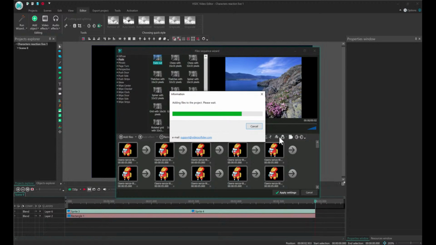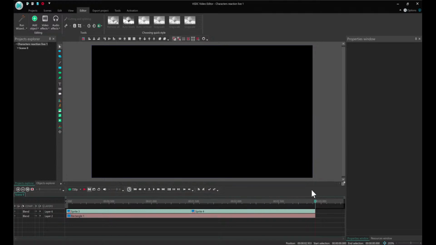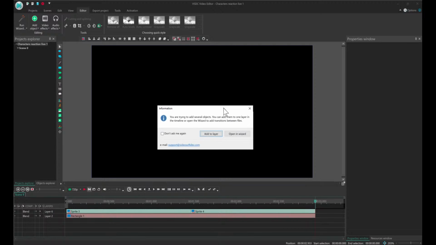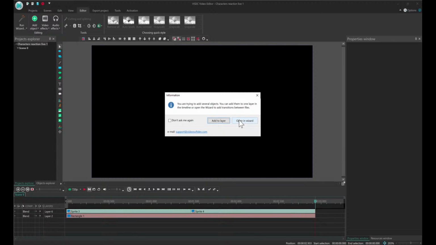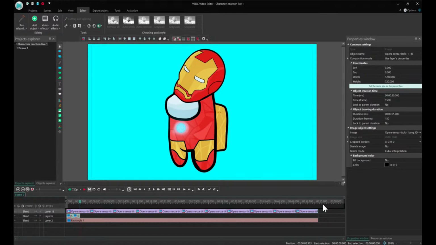Let's say you missed this dialog box and you mistakenly chose to add to the layer. So let's do that. I'm going to press Ctrl V, paste, and then I didn't open the wizard and I added to the layer. That's going to be a whole mess apparently for what we wanted. But at the end, this can be corrected